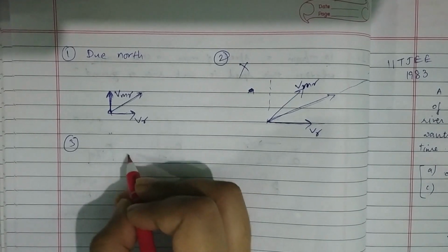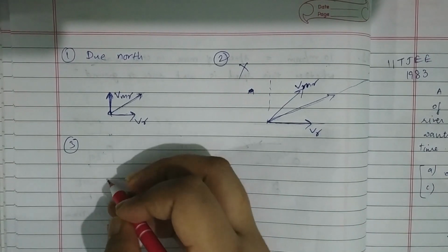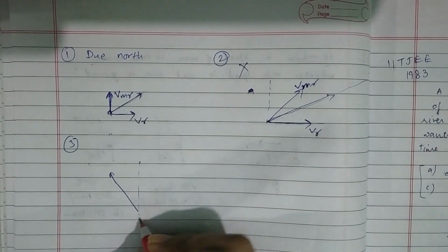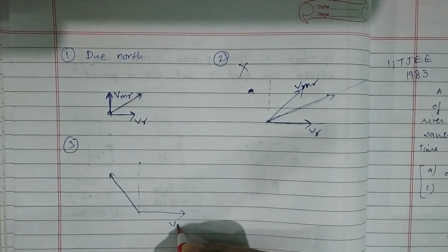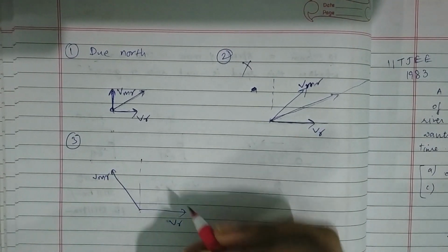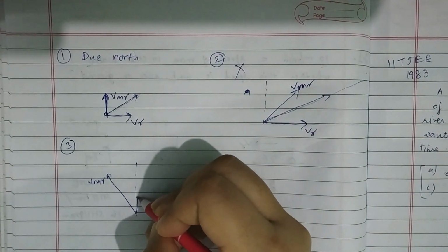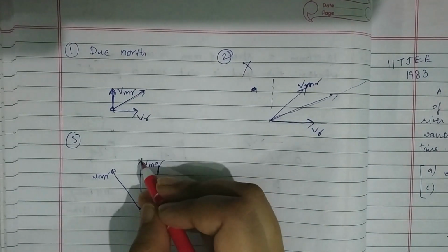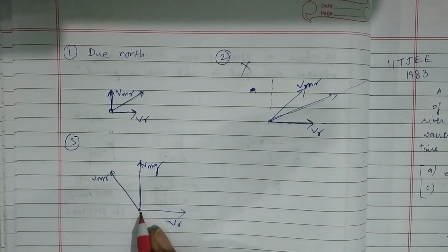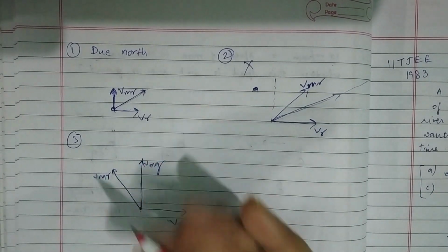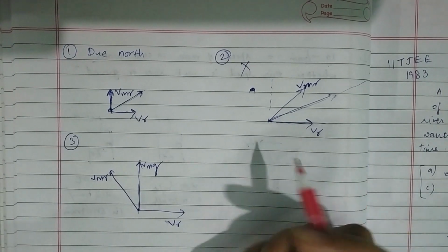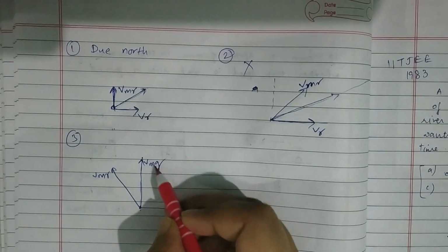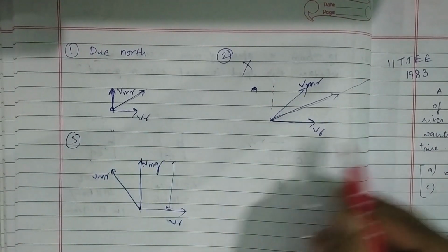Third option is it should go towards west, which again seems a probable answer. It says 30° west, velocity of river, velocity of man with respect to river. If this is a scenario, then the final velocity may occur in this direction, velocity of man with respect to ground. If this is the case, then it's going directly in the y direction, and this can be the answer. This can be the highly probable answer, right? Since the final distance will be least of all of them.